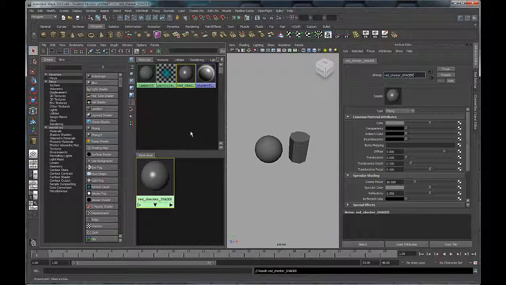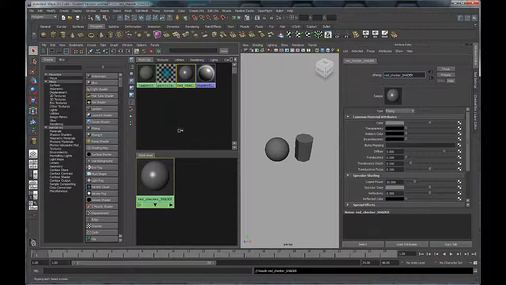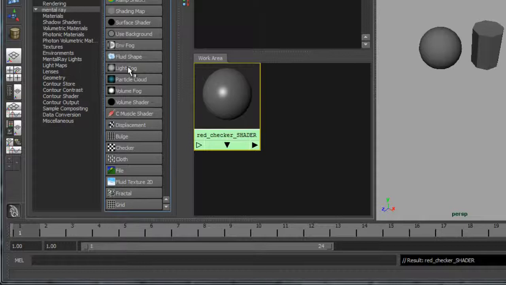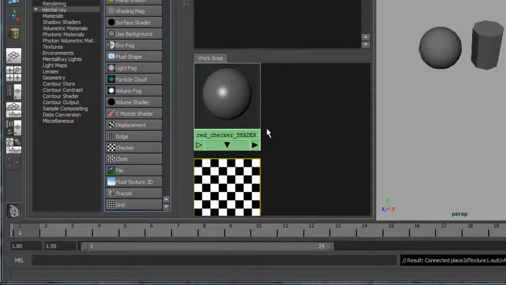So let's modify this shader a little bit. I've called it red checker. So what I'm going to do is I'm going to add a checker pattern to this object. So if I scroll down my list here, I've got a little texture node called checker, and what I'm going to do is drag this into the work area. You can see I've got my shader. My shader has appeared here in the work area, so I'll just middle mouse drag this in over here, and if I press A,